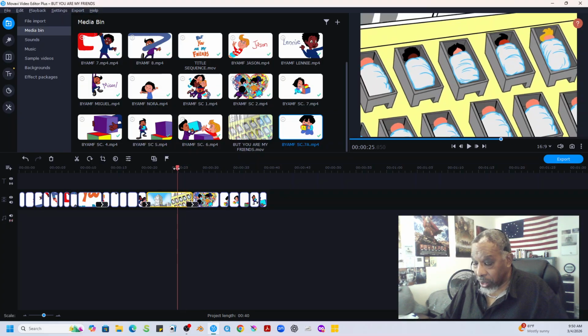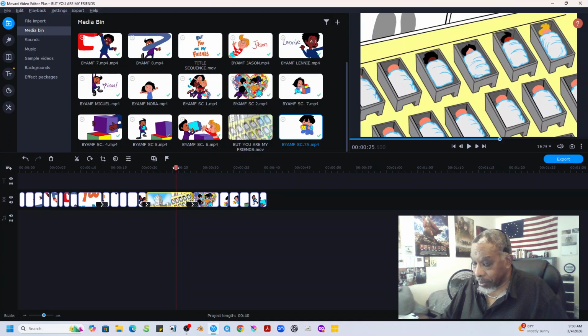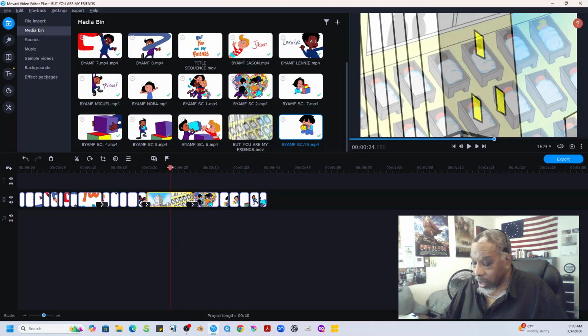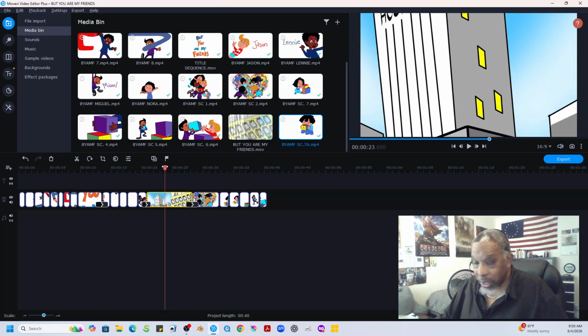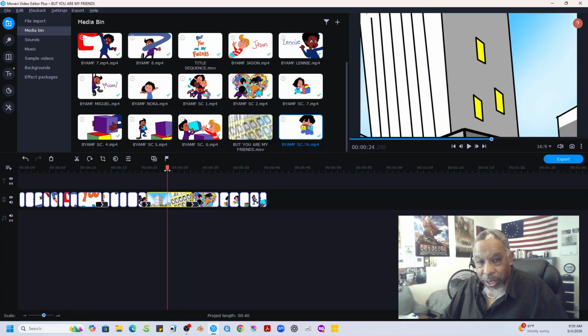The transition, on the other hand, between here and here, it was done. Oh, you know what? Actually, that was done in Storyboard Pro too. Yeah, because I see that it doesn't show if you look on the timeline. See these little things here are transitions that are made in Movavi, but you don't see one here between. There's no transition in here where I'm waving my mouse, and that's because that transition was actually created in Storyboard